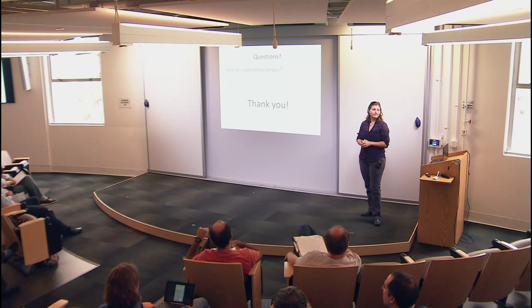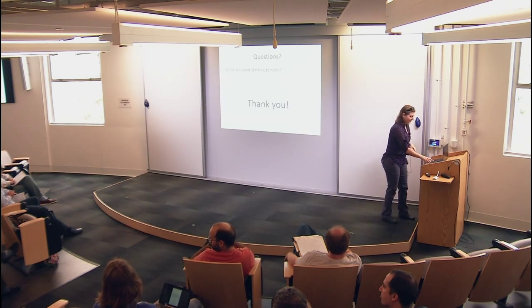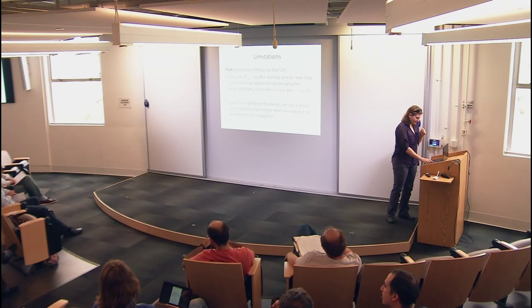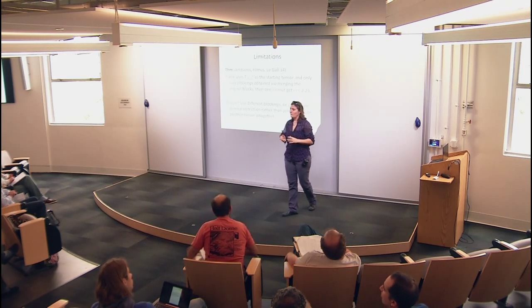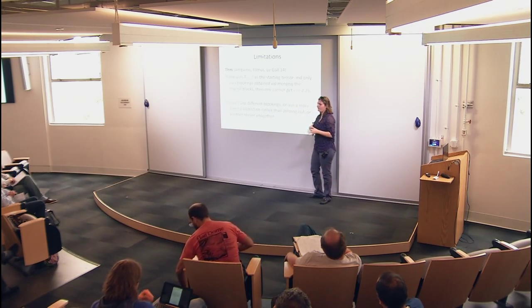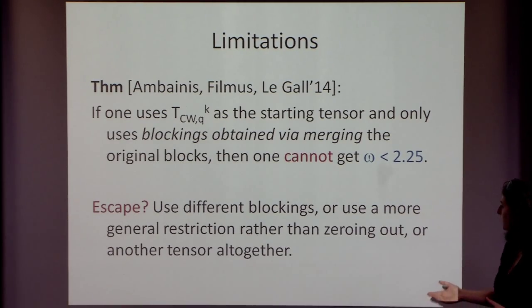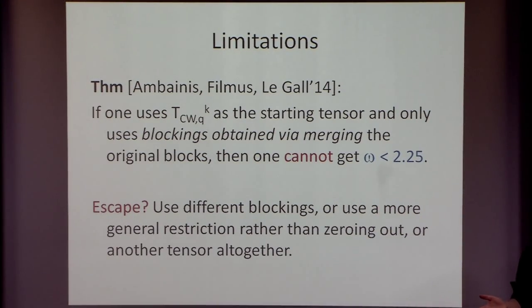Further questions? In the previous slide you had three escapes, and here you seem to propose that tensors is the way to go. Tensors will be the easiest one because I just apply the framework. For the others, I have to think about what happens if I don't do zeroing out. I have to change my framework. Or if I use a different blocking, I have to understand how to get these blockings when I'm not doing simple algebraic manipulations of the original ones. So that's the simplest. But it could be the others are doable too.